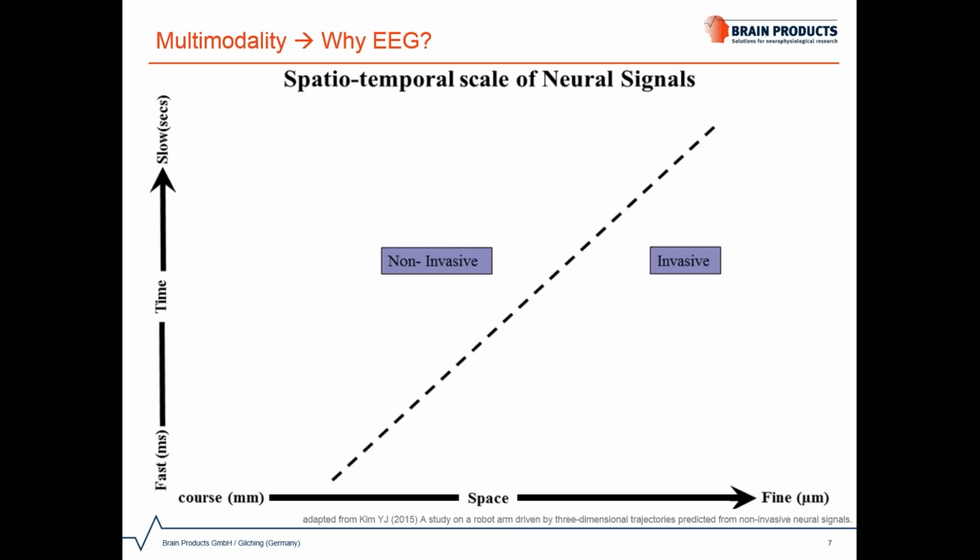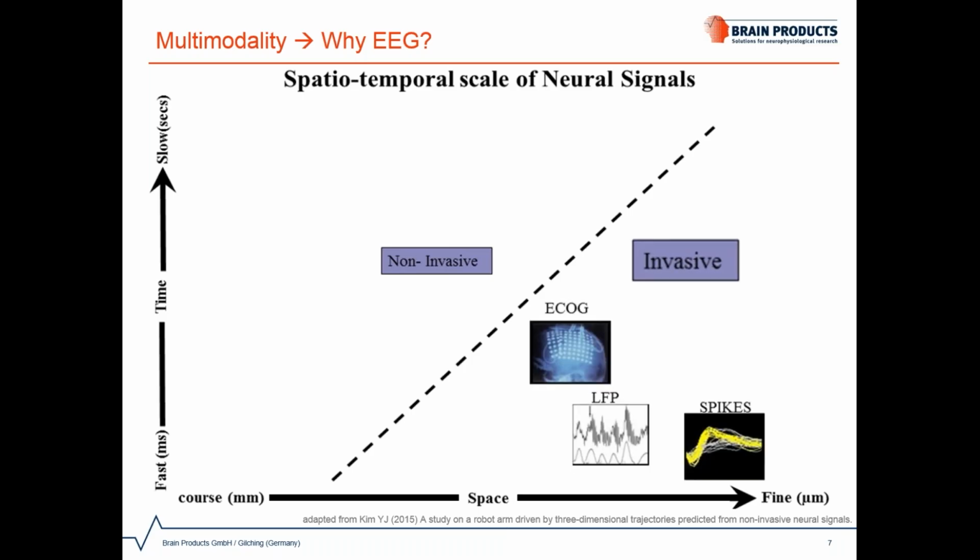The existing modalities are grouped into non-invasive and invasive measurement techniques. The invasive approaches include electrocorticography or ECoG, which involves implantation of electrodes into the tissue of the brain, which when stimulated gives rise to a local field potential. With the invasive approach, one can even measure spikes directly arising from single neurons,